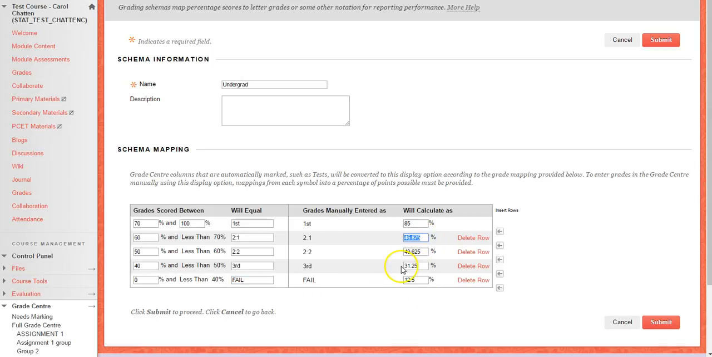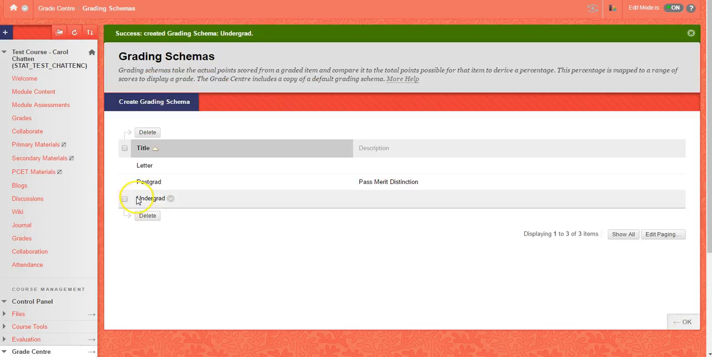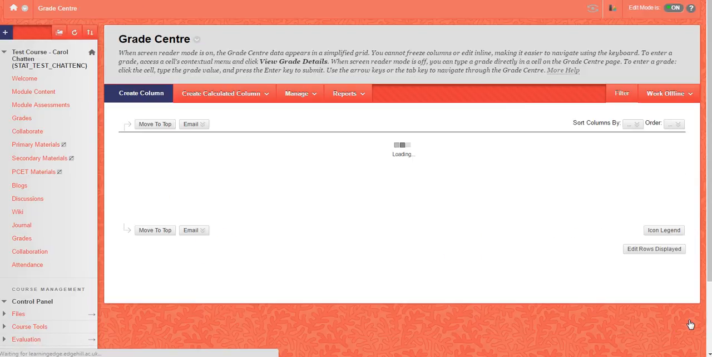These numbers usually just go right in the middle of the two figures, because you will have to enter something in there. But it's only if you actually enter this text that this number would appear, or that it would calculate as. Okay, so when you're happy with those, you click submit, and you'll see that that schema is being created. So now we can return back to the grade centre,